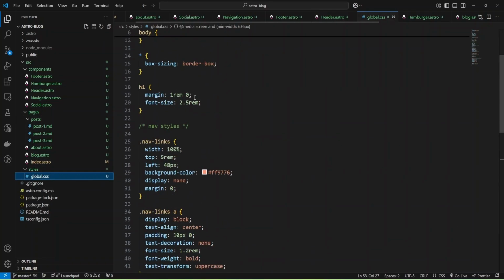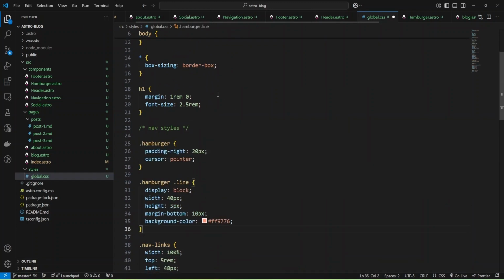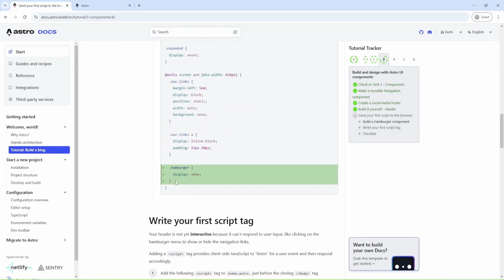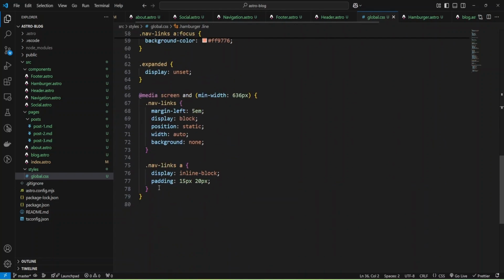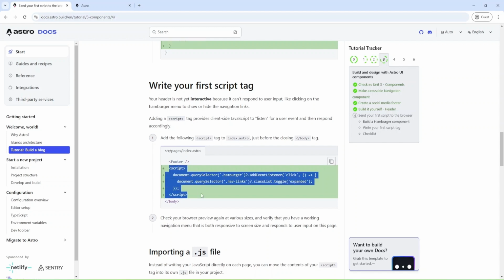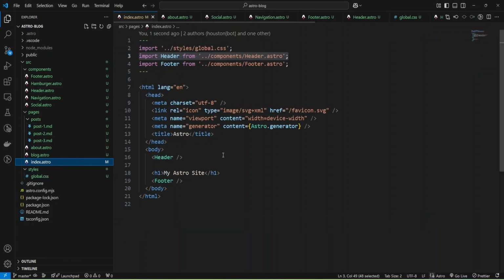And next we need to add styles to global CSS. Okay, and go to styles and add them here. Okay, and also we need to add styles to media queries. Okay, and it will be here. Okay, and now we need to write a script tag. And inside index Astro, let's add this code inside index.